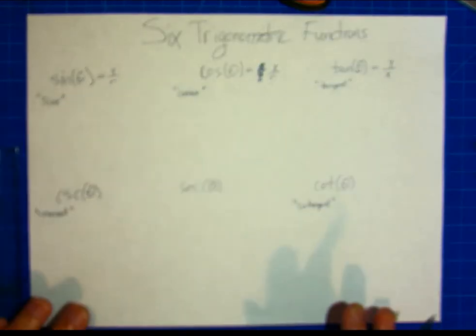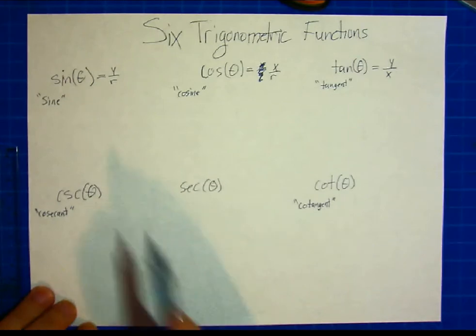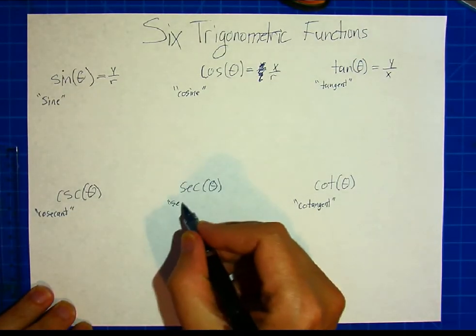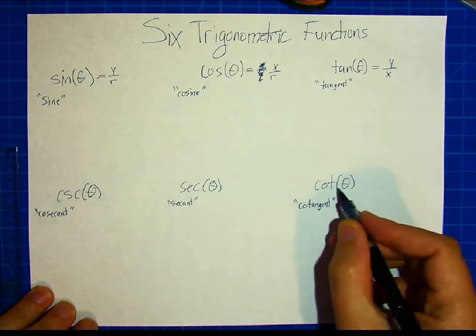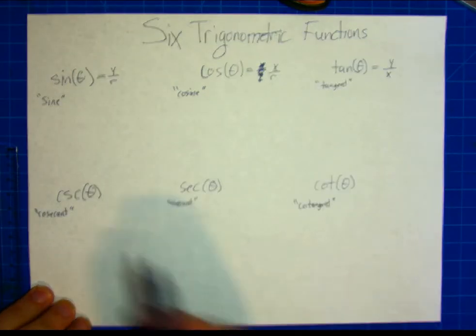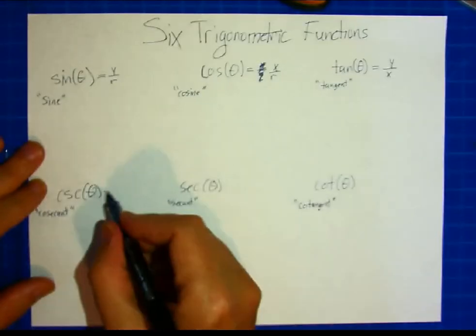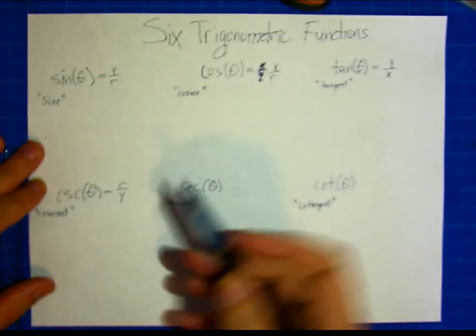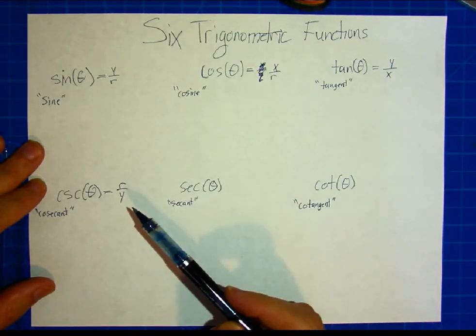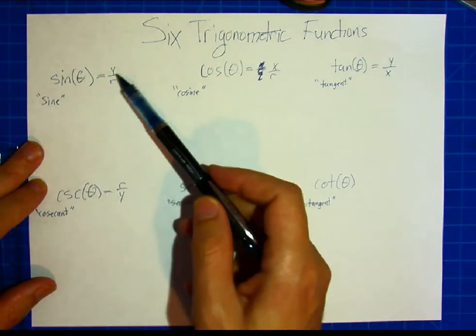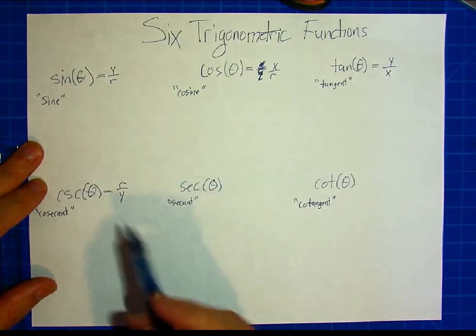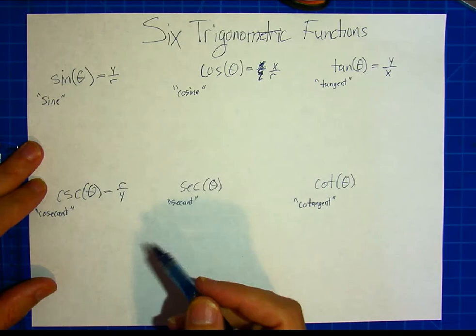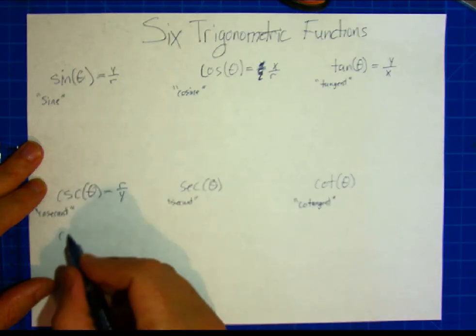So then we have what we call the reciprocal identities. CSC is cosecant, SEC is secant, and COT is cotangent. So CSC of theta is defined as r over y. So you notice we call it the reciprocal identity, or reciprocal trig functions, because this is the reciprocal of this. So since cosecant is r over y, sine is y over r, they're reciprocals of each other, so we can also write,